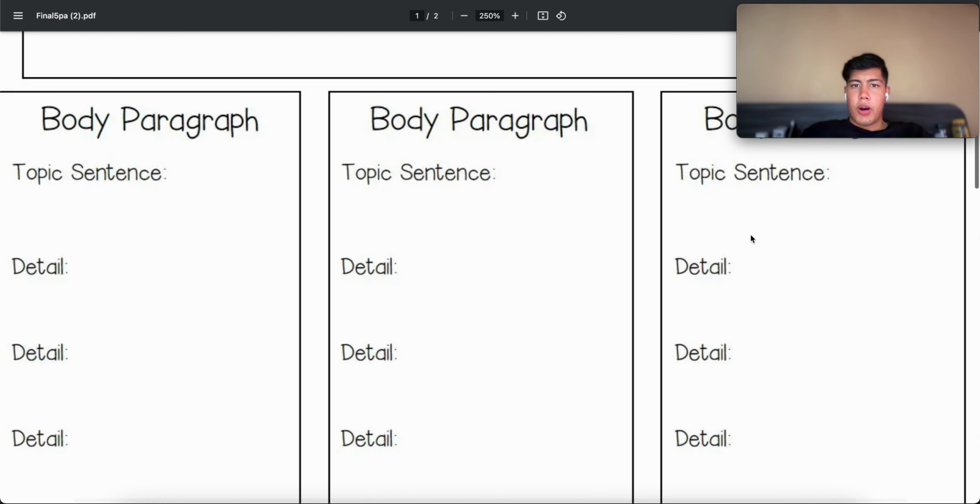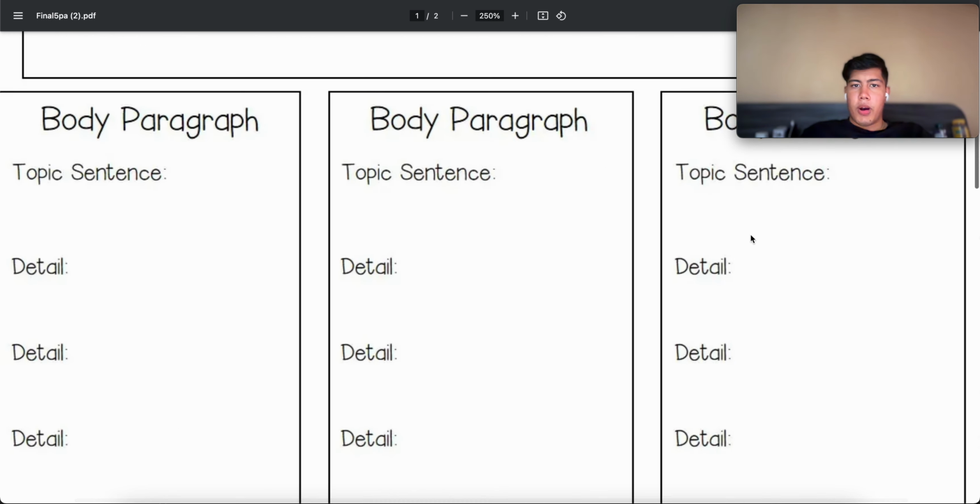Topic sentence, one detail, two details, three details, and a closing sentence. Closing sentence can be more than one sentence. The topic sentence can be more than one sentence. All of these can be 1 to 2 sentences if you want. So now, for you guys, you have another body paragraph to write. So another topic sentence, another 2 to 3 details, and another closing sentence. But I don't have enough space here. As you can see, I could not fit a third body paragraph, so I just wrote a conclusion paragraph here. For you guys, you have to write 3 body paragraphs.